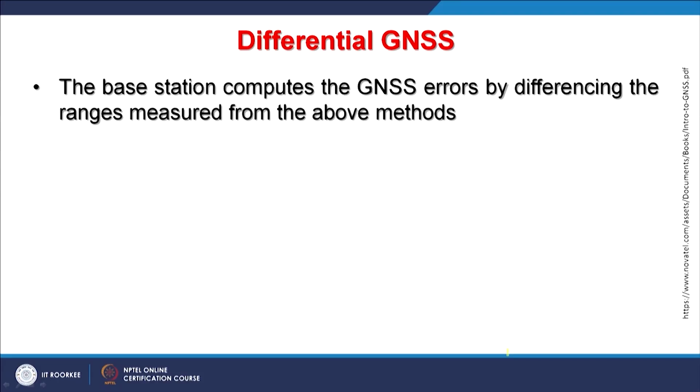And the base station computes the GNSS errors, as mentioned earlier, by differencing the ranges measured from the above methods.